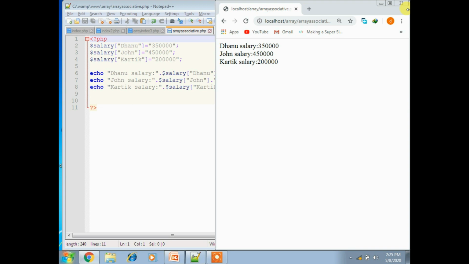So we can associate a name with each array element. Previously we used the symbol, and here we can represent it with a label, then an incrementing number. So that is how we can use associative arrays. And let's see traversing a PHP associative array.